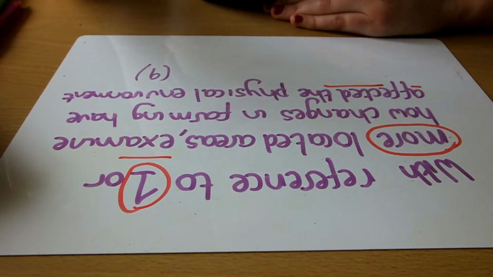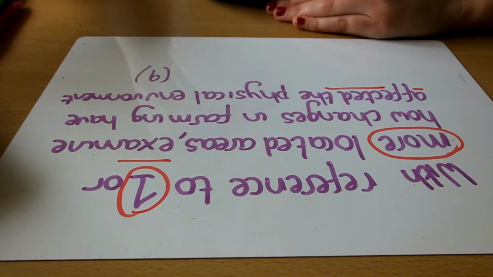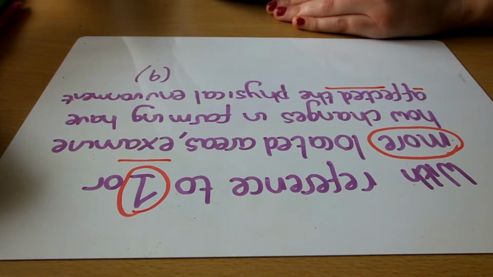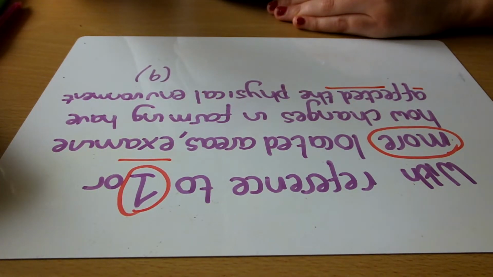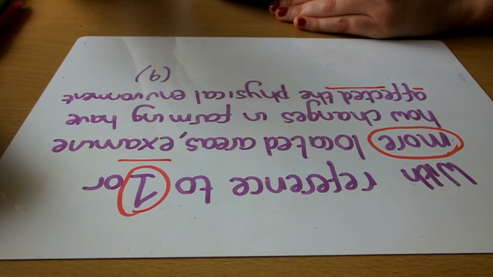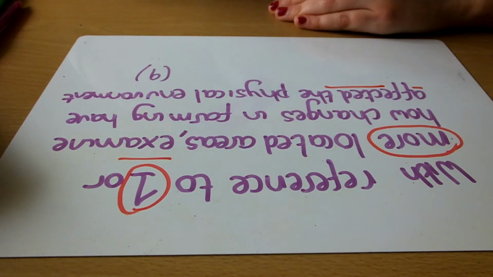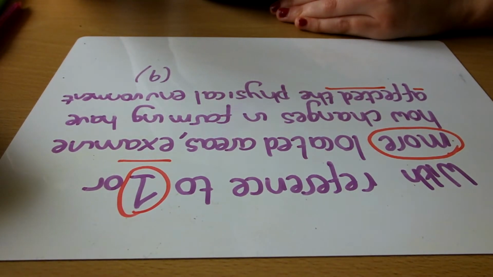If you just mention the case study once in your answer, so for example if you just say in East Anglia this happened, you won't get the full marks for that. You'll be stuck at level 1, which is 0 to 4 marks. Don't get yourself into that trap. Use the case study throughout your answer. Use facts and figures. Make sure you know those case studies inside out.